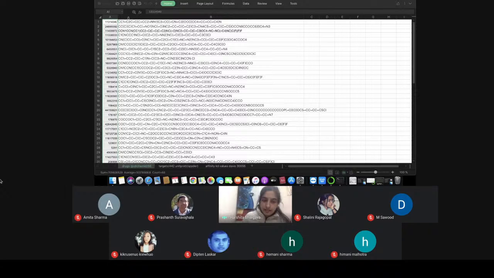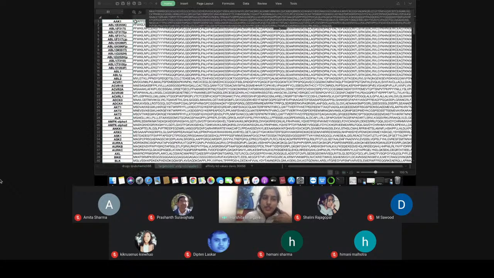I can't show you the code for this purpose, but you can do it from PubChem, because they have an API in which you can extract these SMILES for each PubChem ID. You can extract these SMILES just by querying the database. You don't have to search it manually, so you can extract this with code. So these rows have been extracted for me. For each and every drug I have extracted the particular SMILES, and for each protein target I have extracted the particular protein sequence from the UniProt ID.